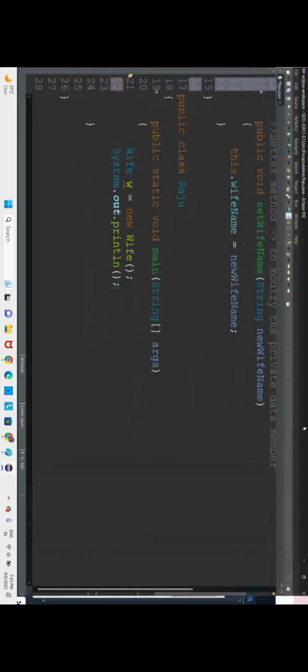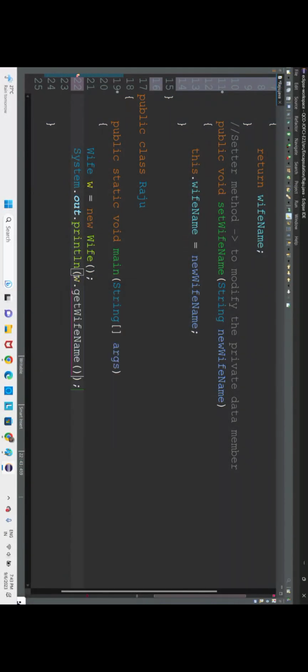Okay, now these are all inside the wife class. Wife name is a private variable. We are reading it with the help of get wife name method, and we are changing the data of that wife name variable using the set wife name method. So now let us go for calling the method. Using println statement, we'll call it, because this get wife name method is just returning data and nowhere is it printing. So with the variable we will call,